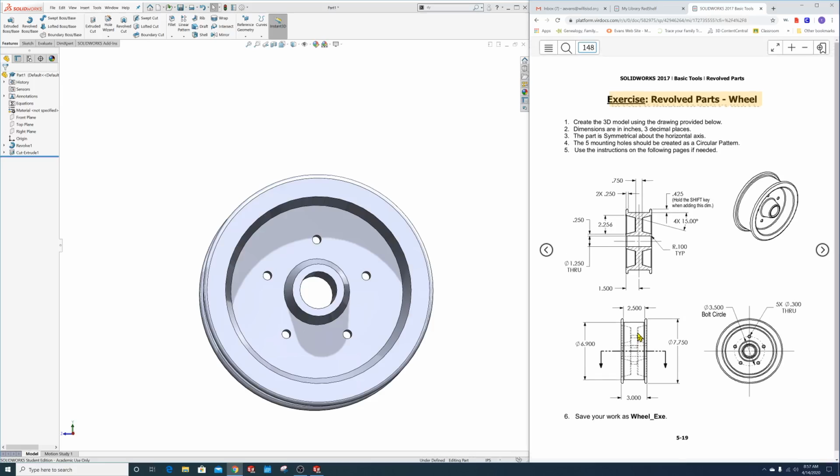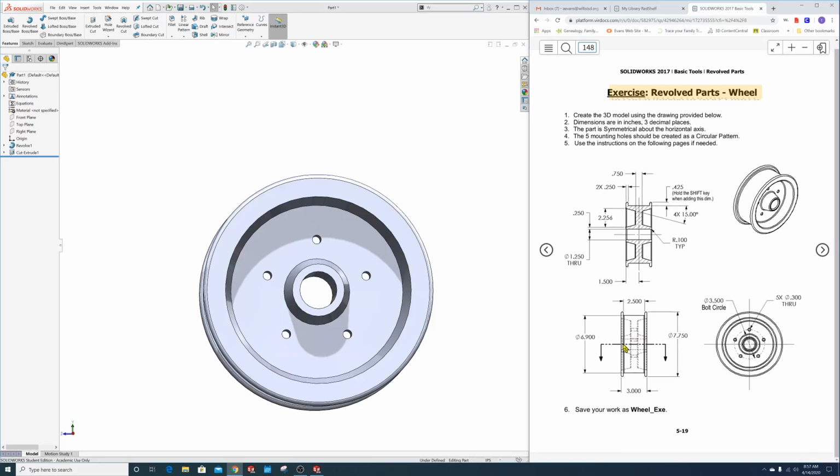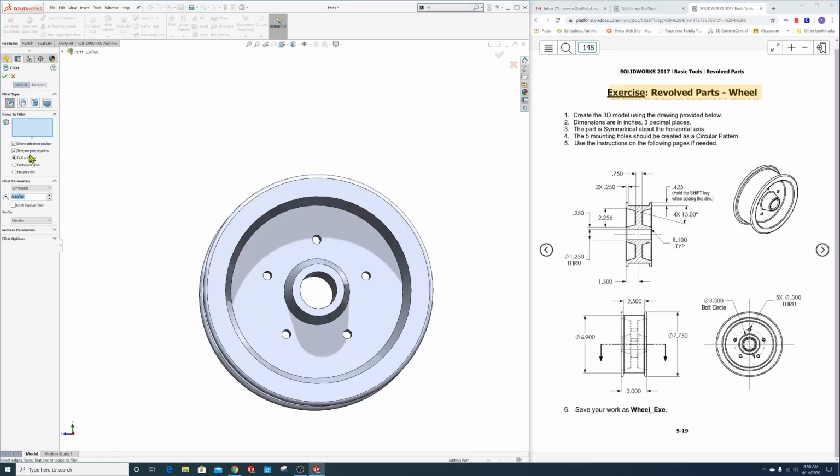And if you zoom in on this, you can see that the fillet goes around here, around there. You'll have the fillet around there. And it looks to me like they even have the fillet there where the holes are. So what we'll do is we'll go to our fillet command. We'll put our radius of 0.1,